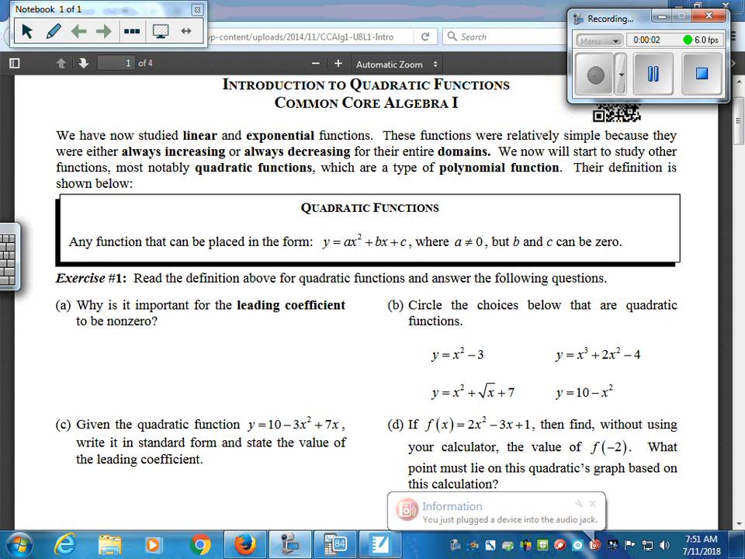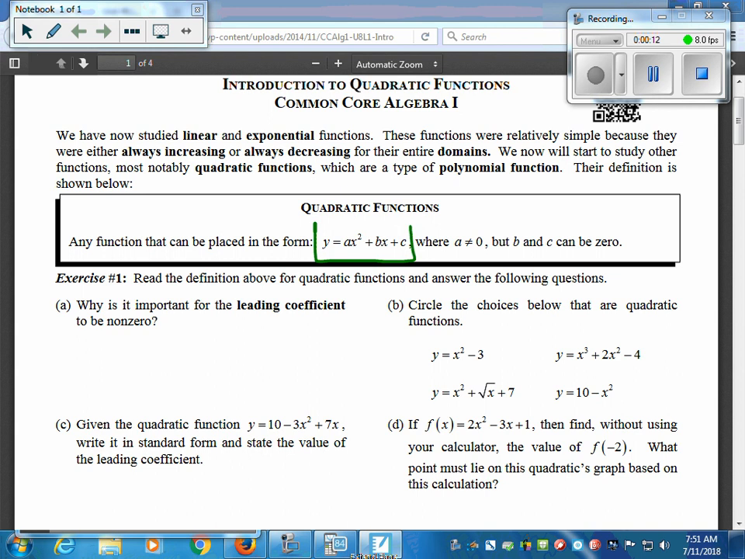Hey everyone, we're going to look at quadratic functions. This is the beginning of Unit 3. And we'll see very often with a quadratic function what they call standard form, which puts the exponents in order. So if you talk about like